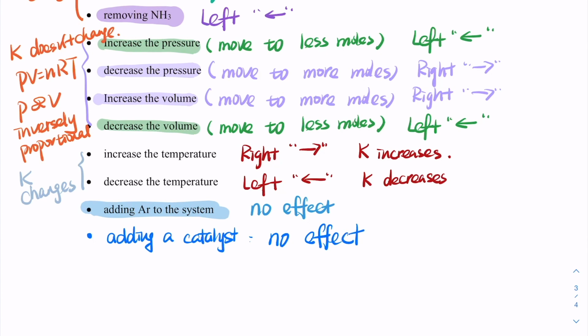Just to readdress the catalyst: a catalyst changes the mechanism of the reaction, so the reaction happens by a different route. Say you have a large activation energy. Again, we're talking about the positive catalyst, which makes the reaction go faster, which means you lower the activation energy. That faster rate works in both directions, so adding a catalyst has no effect